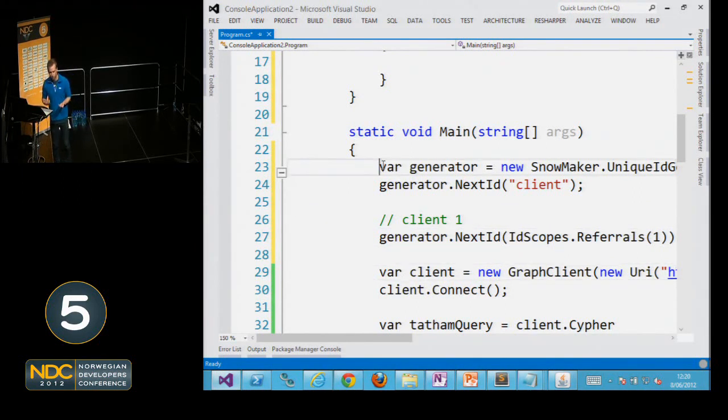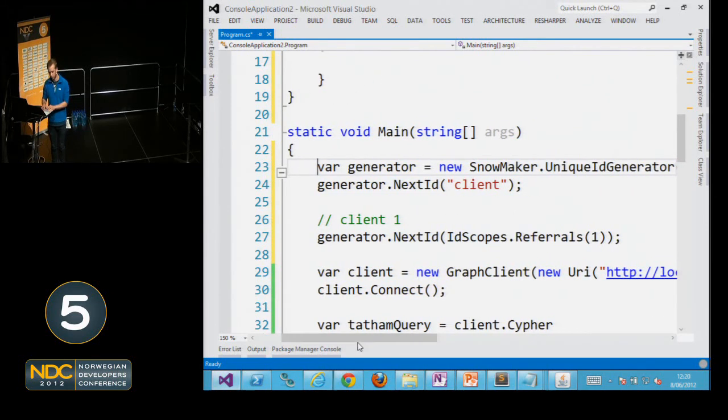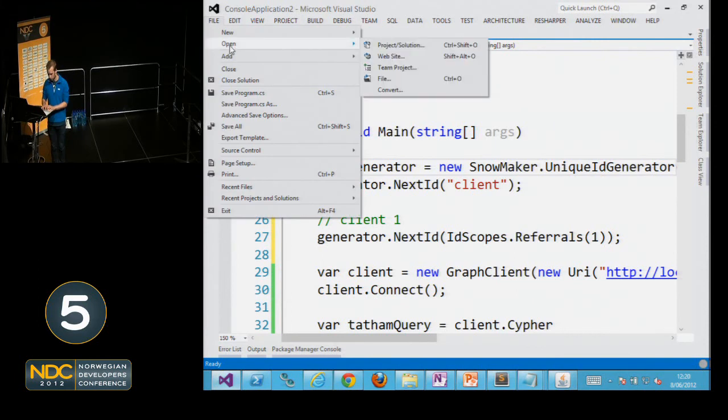All right, so let's say now we want to give all of the users in our system unique IDs. We need to do some form of migrations and evolve the schema over time. So what I'll do is open up